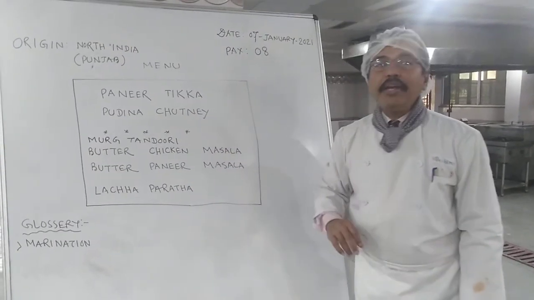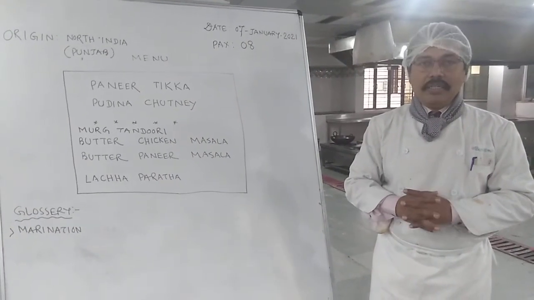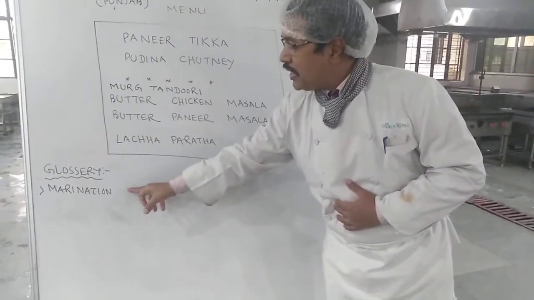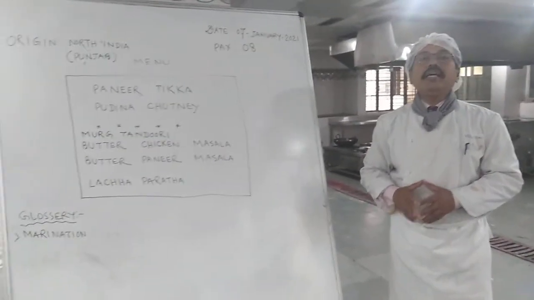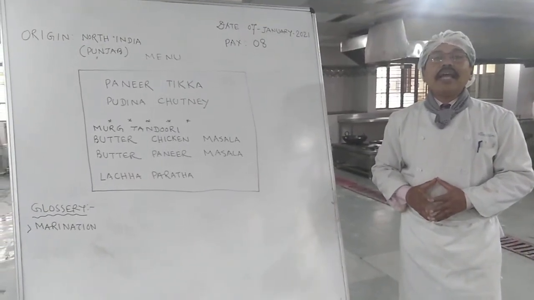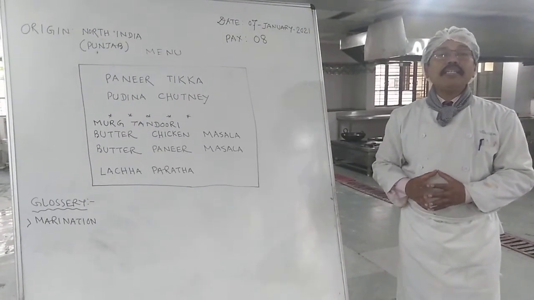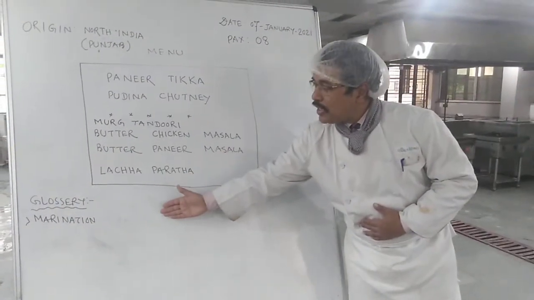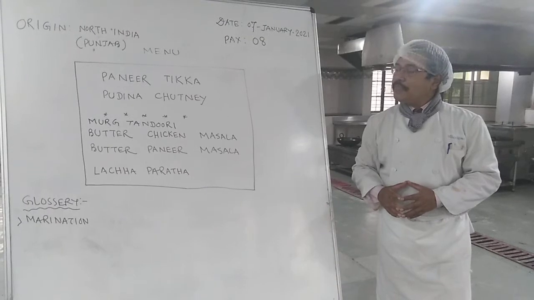Now, when you are writing the menu, you have to mention those terms which are new to your learners. We are seeing here that I have mentioned one term, that is marination. This is a new term for the learner. What is the use of mentioning this kind of terminology? If such a term is used, the learners will not be able to know what the things are all about. So it is always advisable to mention it and explain before the learner at the time of the briefing session. Now let me tell you what is marination.